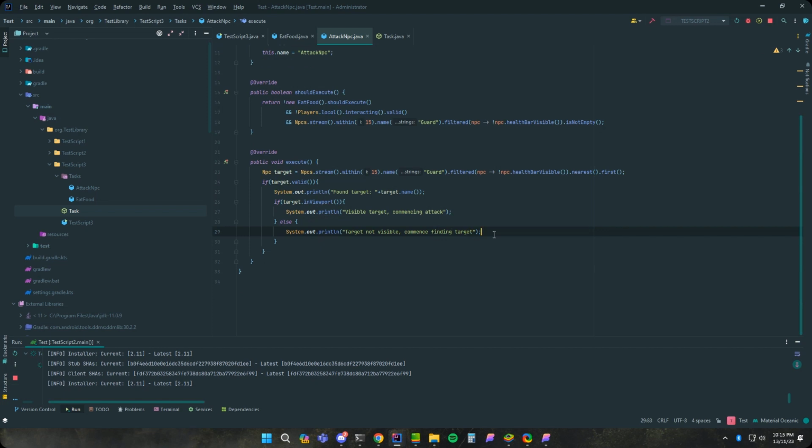Okay, so there's a couple different ways that people can do this. Normally, you would just do camera.turn to target. So we know it's valid, so that the NPC is loaded in the game. All we need to do is just find it and bring it into the screen, so turn the camera. That's what most normal people would do. You could also do